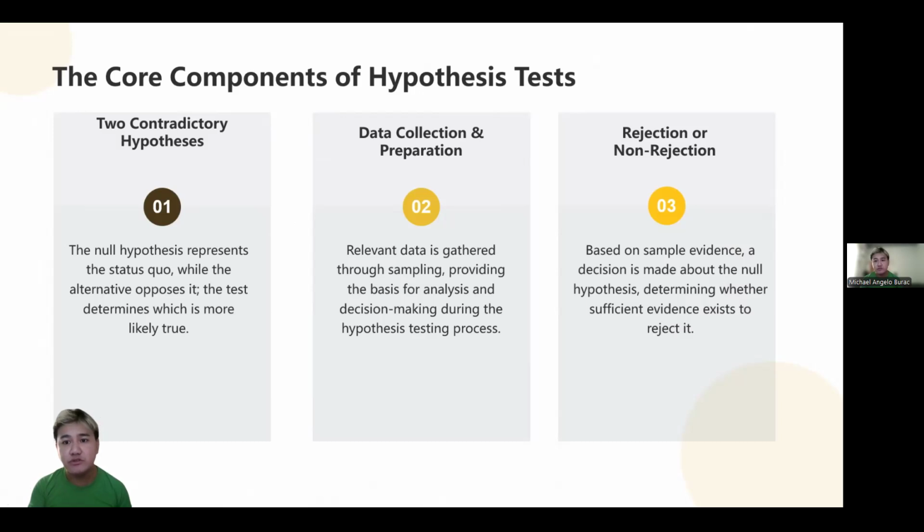So what are you trying to prove? Is there an effect? Is something changed? Let's have an example. Imagine we have a system and it's slow. Maybe our initial assumption would be that the system performance is normal. And then your alternative hypothesis, or your suspicion, is that the system is slower than usual.